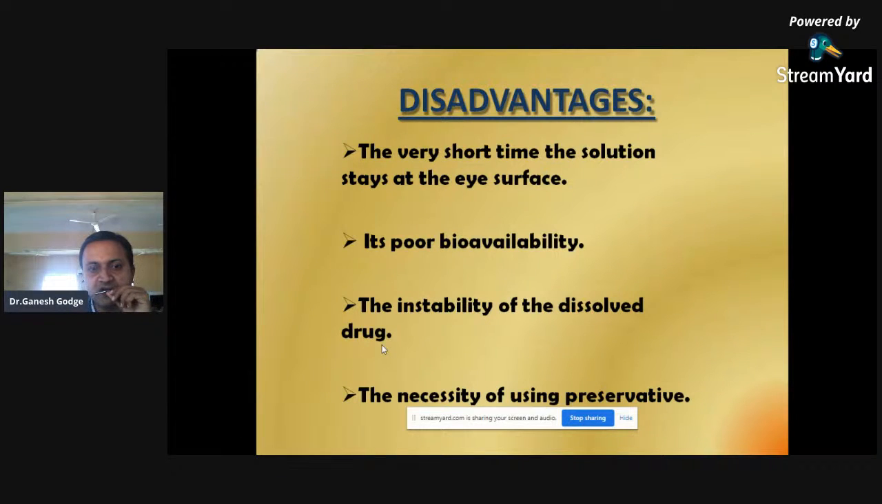The instability of the dissolved drug is another concern, and the necessity of using preservative. The necessity of using preservative is quite problematic in the case of the ocular sac because it is a very delicate organ. Tissues immediately suffer necrosis due to excessive use of preservative, which is required to maintain the efficacy of your formulation. You have to add preservative as an excipient, but that preservative is causing problems to the delicate tissues of your ocular sac. So these are several disadvantages associated with your